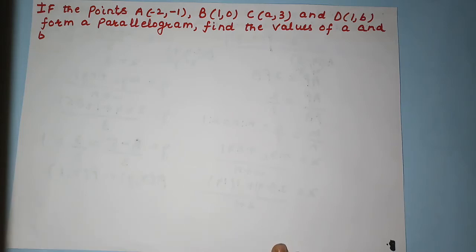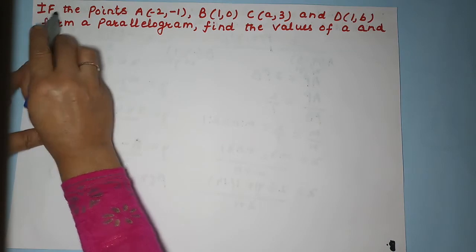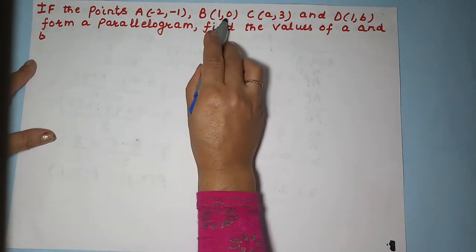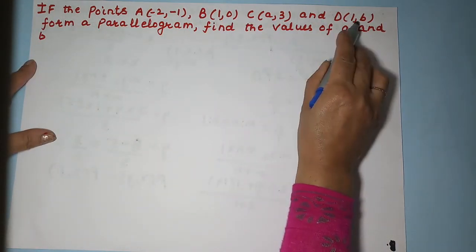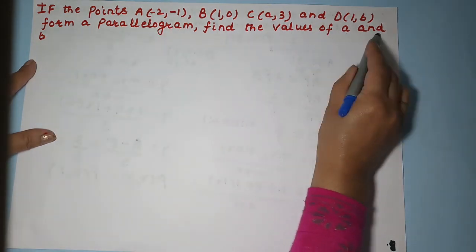In this video, we are going to solve some questions based on parallelograms and how to find the centroid of a triangle using the section formula. So let's see what the question is. The question says: if the points A, B, C and D form a parallelogram, find the values of a and